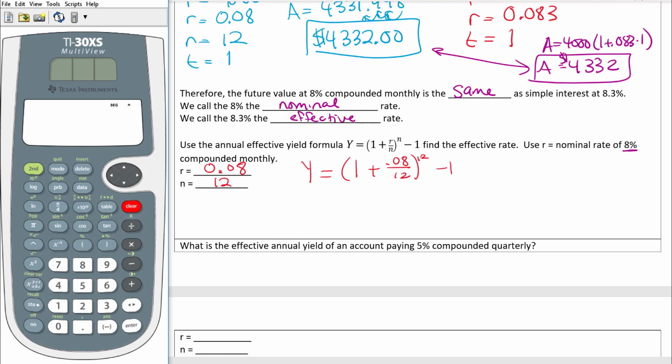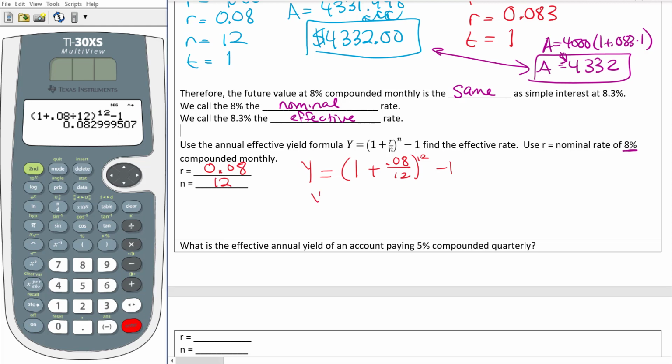So when I work that out, I get (1 + 0.08/12)^12, then minus 1. Most of your calculators probably won't be up high, so you could just hit minus 1 after that. So my y is equal to